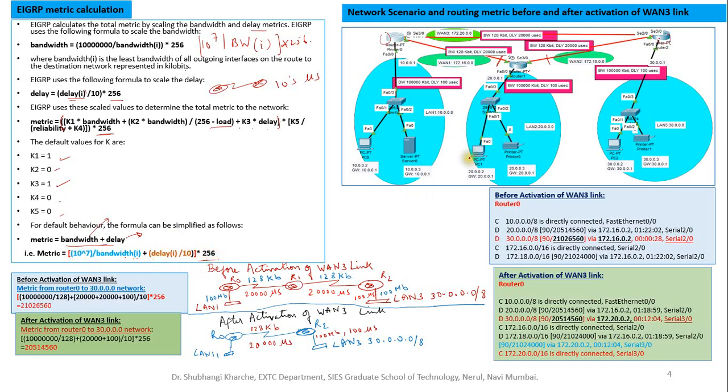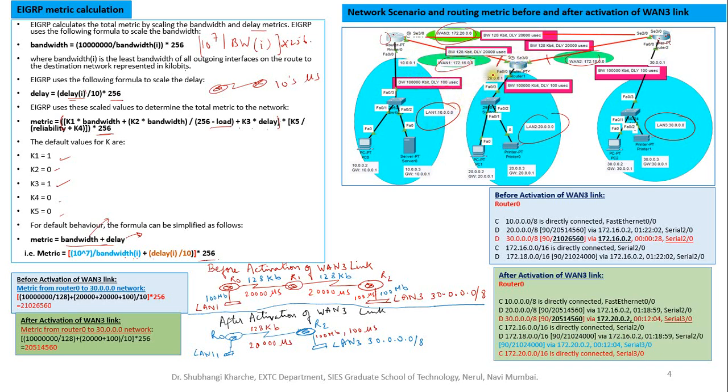Now, to configure EIGRP, we are going to consider this network scenario, wherein there are three routers, router R0, router R1 and router R2, and there are a total of 6 networks: LAN 1, LAN 2 and LAN 3, and we have WAN 1, WAN 2 and WAN 3. There are 6 networks in total in this topology, and I have noted down the bandwidths and the delay components on each of the links from Cisco Packet Tracer. These are the default values of bandwidth and delay available on each of the links as seen in this figure.